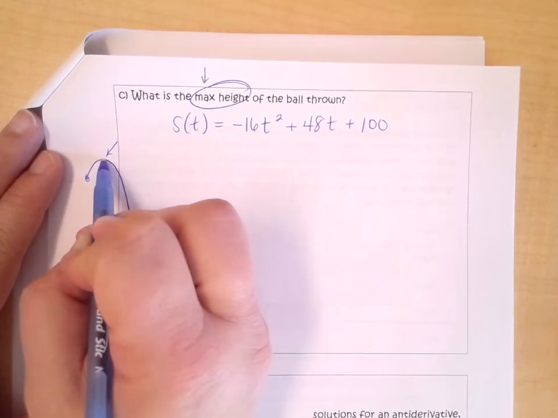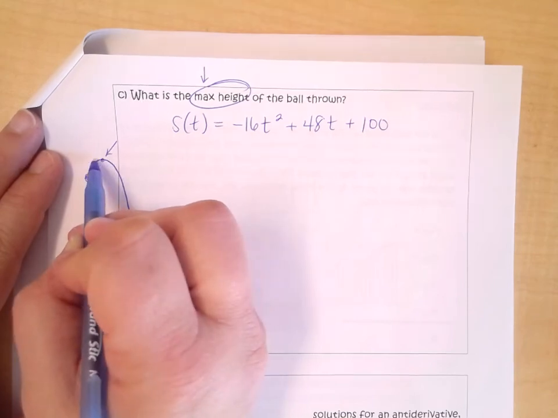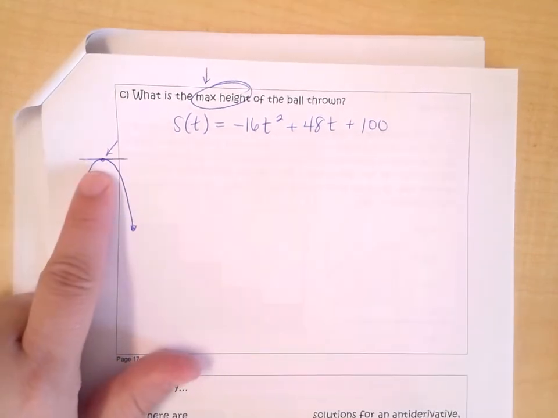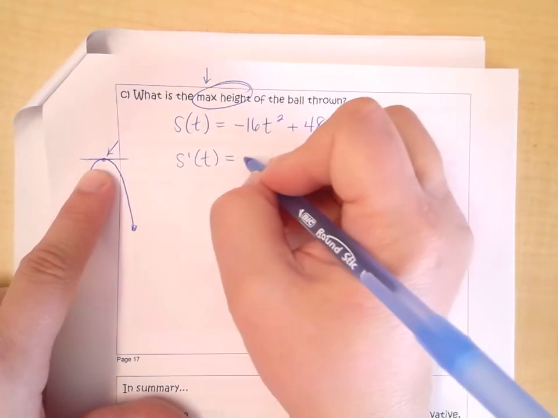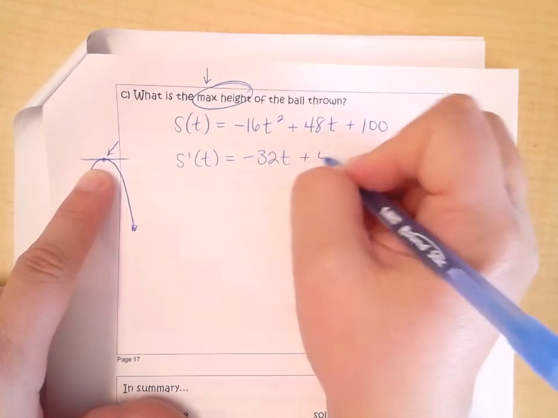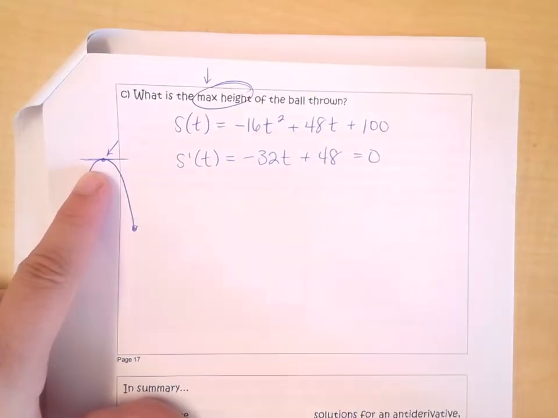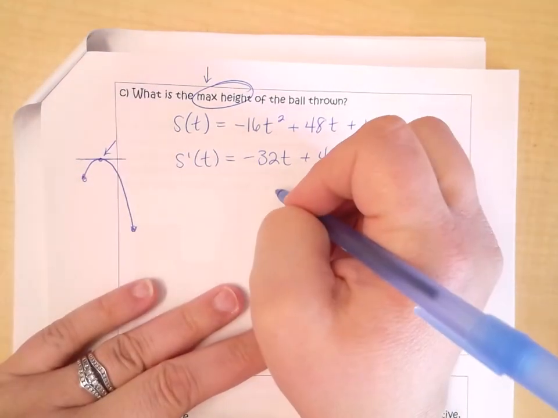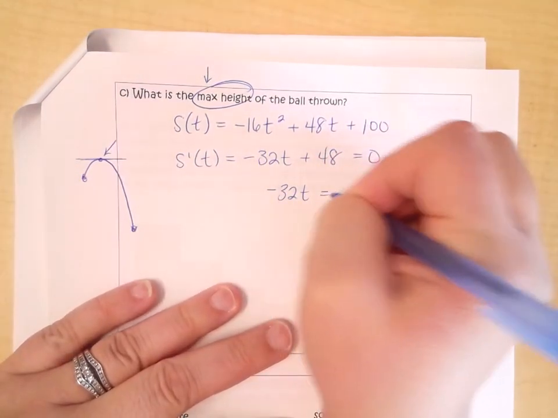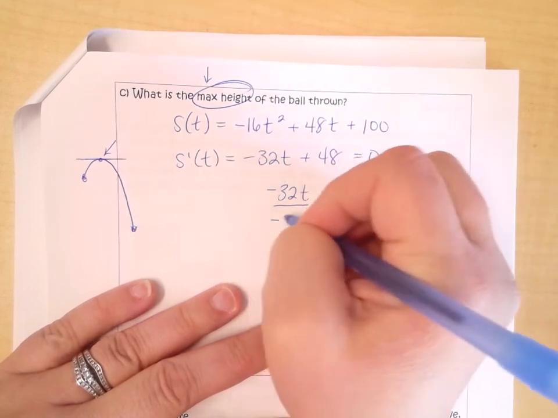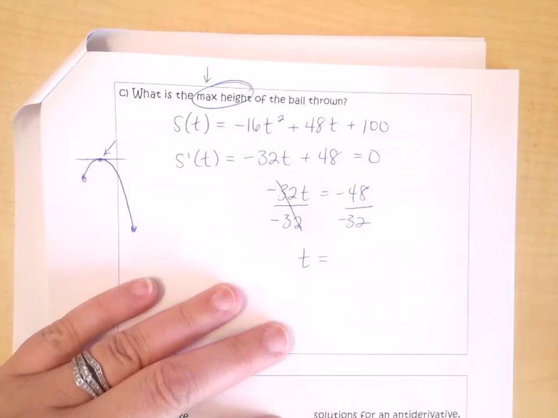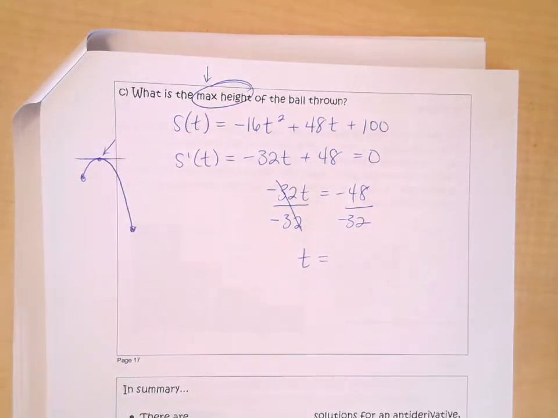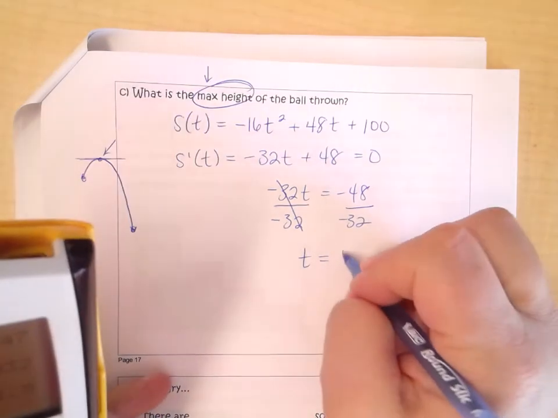Yep, but what's the slope there? 0. So if we want a max point, we take the derivative and set it equal to 0. Negative 32t plus 48 equals 0. Negative 32t equals negative 48. t equals 1.5